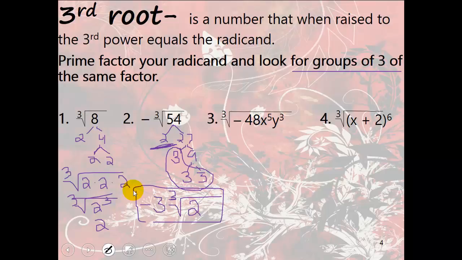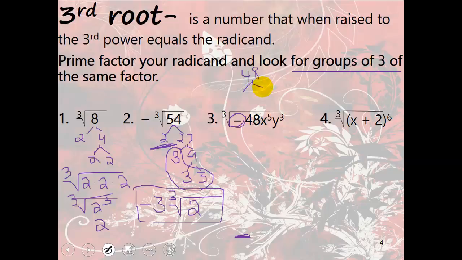All right, we're going to do the same thing with number 3. I'm going to take 48 and I'm going to prime factor it. Now don't be alarmed about this. This is okay because we have an odd root. We're just going to have a negative in our answer. So I'm going to move my negative down. Okay. And then 48 is,